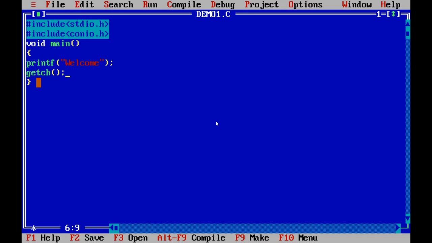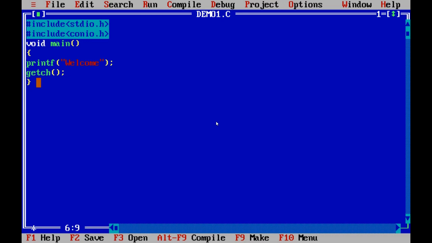It's optional only. Then what's the purpose of including the header file? If you have included the header file, the execution speed of your program will be very fast. That's why it is called a preprocessor directive. That means before starting the execution of your program itself, you are doing the process. That's why it is called a preprocessor directive.